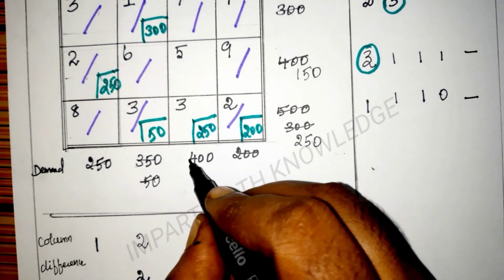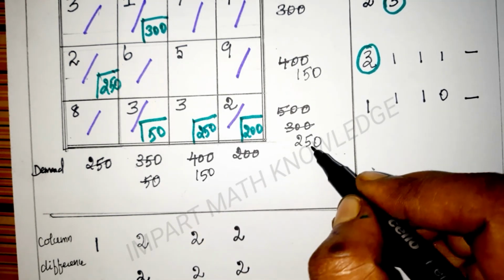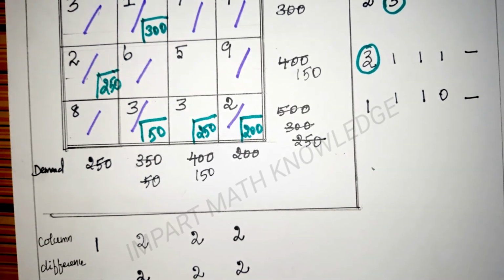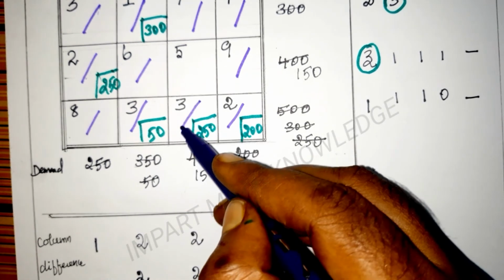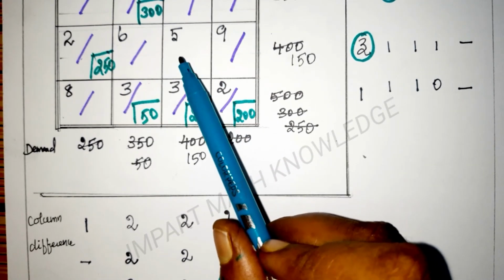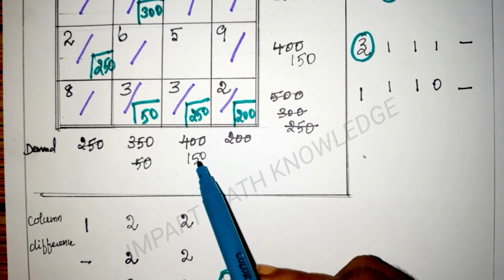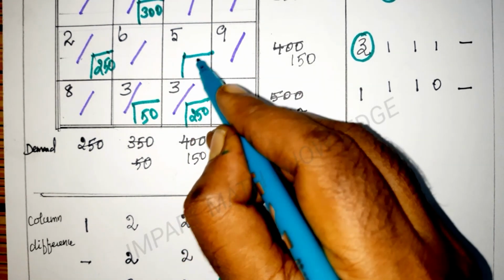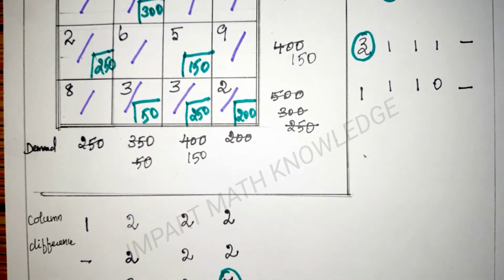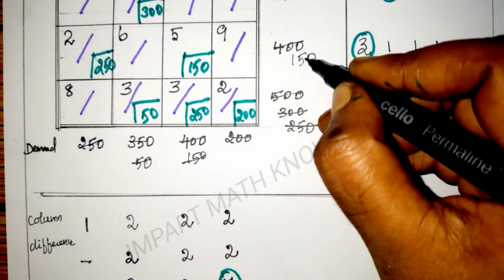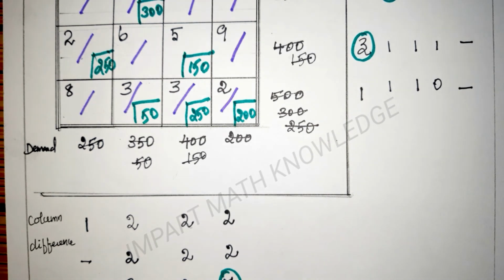Now, you strike out the value. This is 150 and this is cross out. Now, supply is satisfied. So, you cross out the row. Now, the left out one is this cell. For this cell, supply is 150, demand is 150. So, both are satisfied. So, you allocate 150 here. Both the values are satisfied. In this way, you have to allocate the values using Ogle's approximation method. Ogle's approximation method will give the best solution compared to other methods.